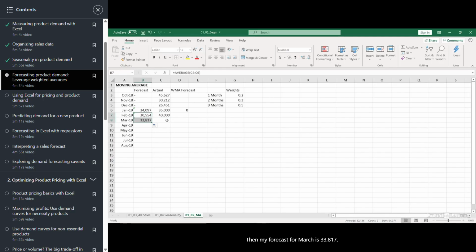Maybe actual February sales are 40,000. Then my forecast for March is 33,817. And if March's actuals are 38,000, then my April forecast becomes 37,667. Pretty straightforward. An alternative approach to doing this, and one that's often a little bit more precise, is to use